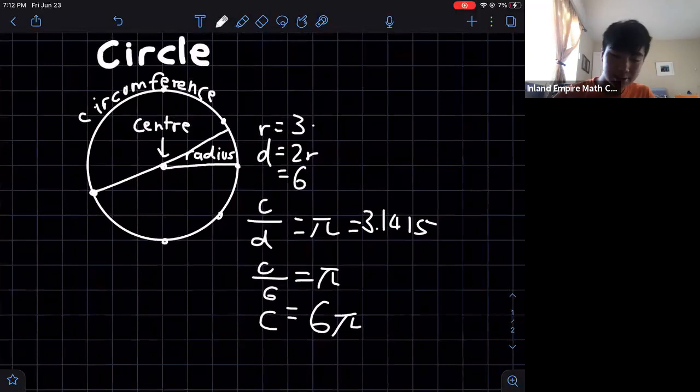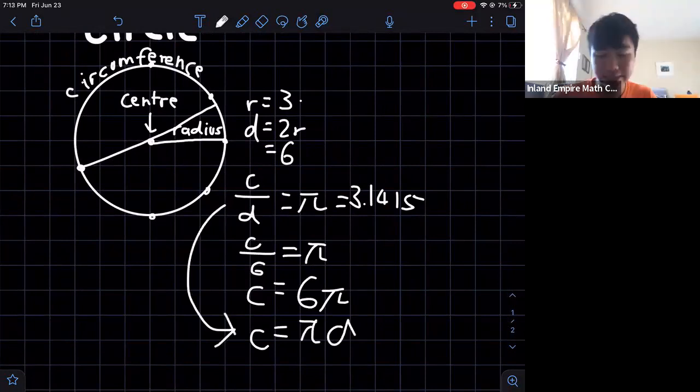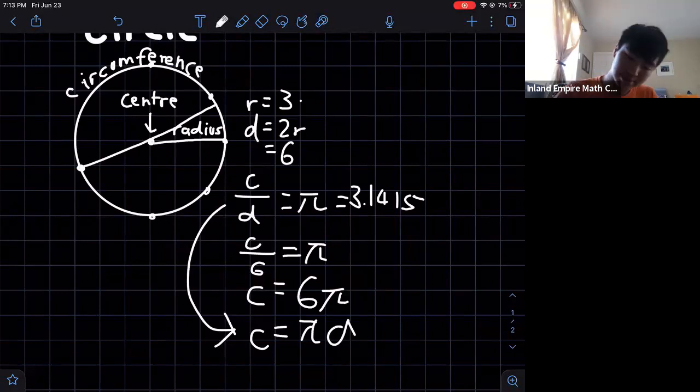Okay, so next, let's talk a little bit about arc length. So in a circle, well, we know the circumference, right? We know the circumference is going to be pi times the diameter, which we can derive from this formula, since the definition of pi itself is the circumference over the diameter of any circle. And we remember that every circle is similar, meaning that the ratio between the diameter and the circumference is the same. So since the circumference equals pi times d,